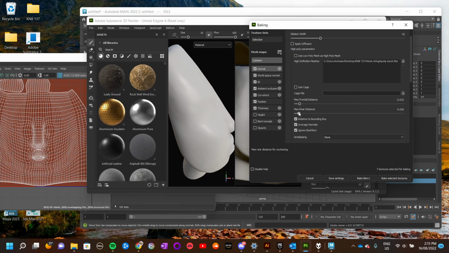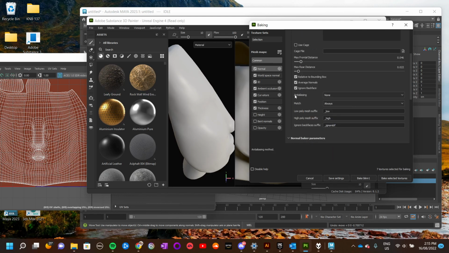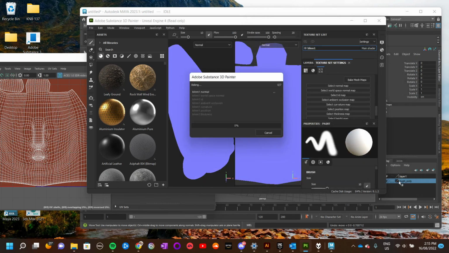You can come a bit forward, max rear distance, just play with these until you get something closer to your model. So if I bake it,